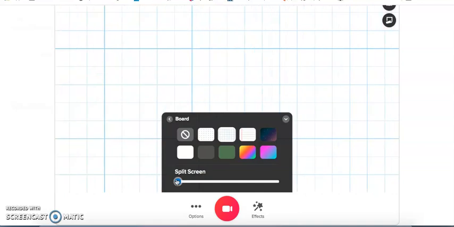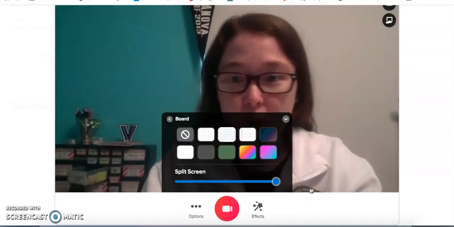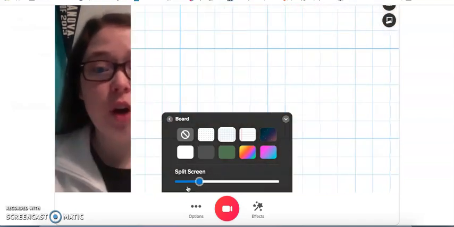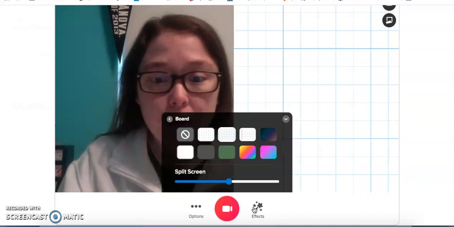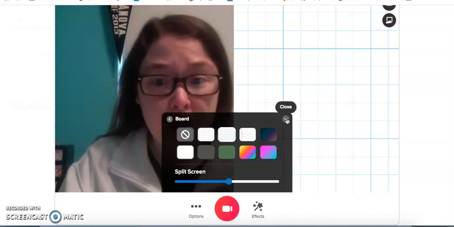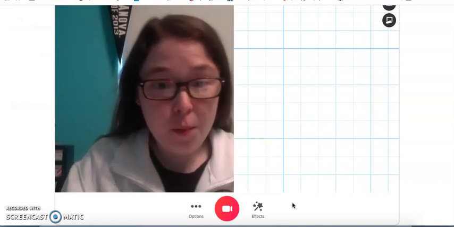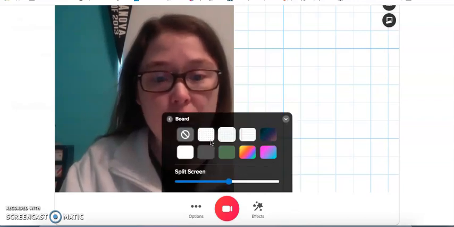And you can decide if you want your whole screen to be the graph or if you want your whole screen to be your face. And you can toggle back and forth between the two. Now you can layer your effects. So I've added a board. If I wanted to